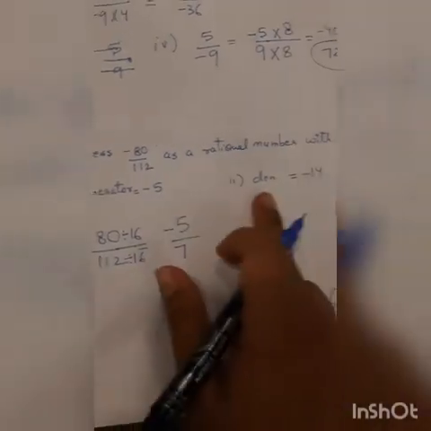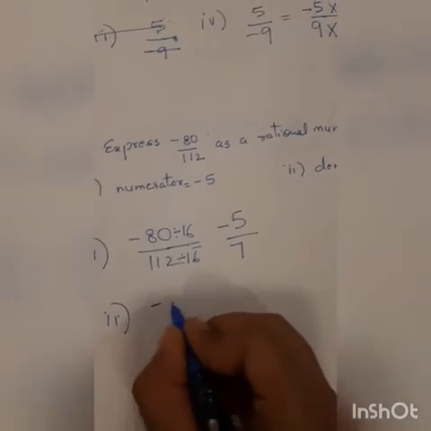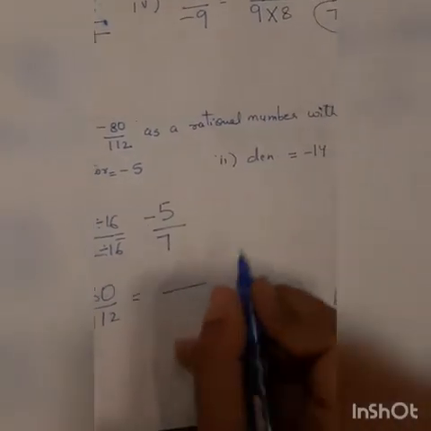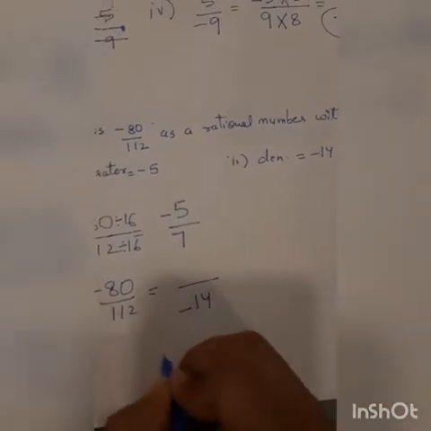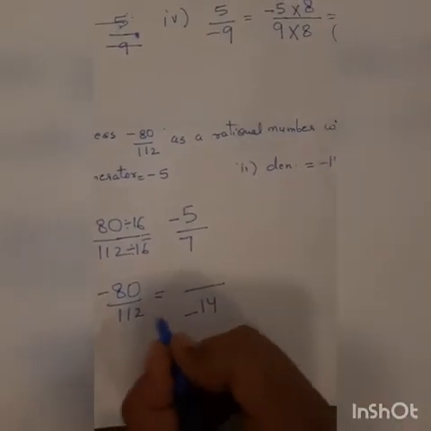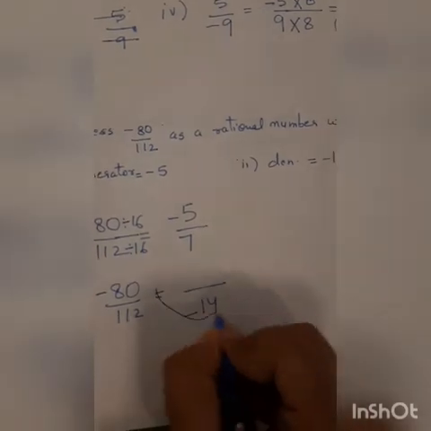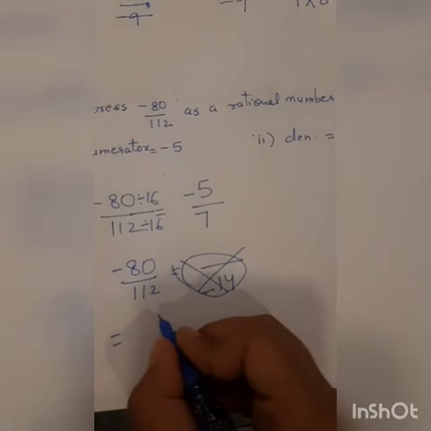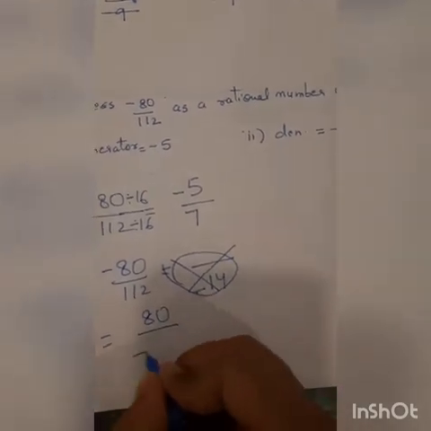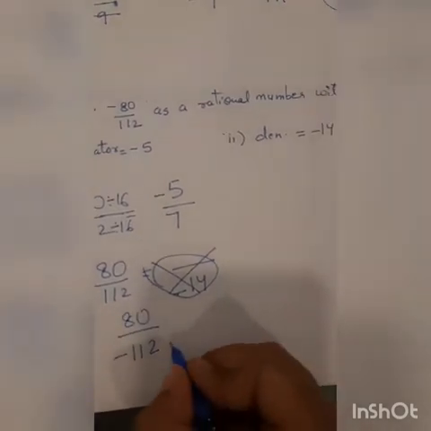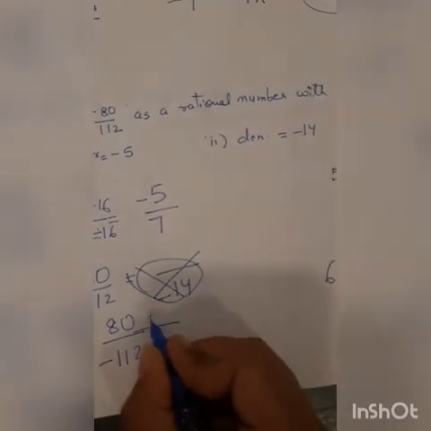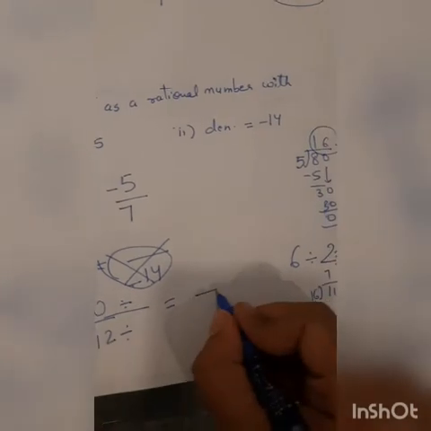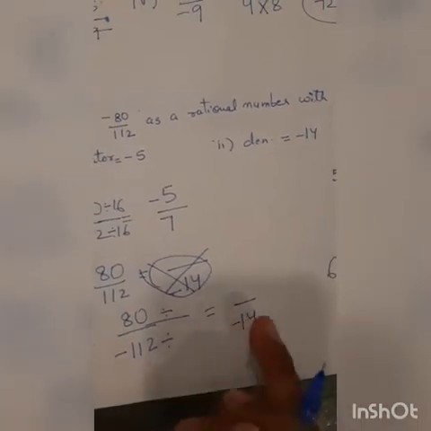Second part, students, they are saying denominator should be minus 14. पहले तो मेरे को original बच्चे rational number लिखना चाहिए. Now they are saying that the denominator should become a minus number, minus 14. What do you think? From a positive can we get a negative? No. So students, we will not write this as the first step. What we will do? We will first shift the minus sign down. अभी मैंने 80 के पास से क्या कर दिया? नीचे माइनस साइन शिफ्ट कर दिया. अब बच्चे मैं अगर इसको किसी से डिवाइड करूं और इसको किससे डिवाइड करूं कि मेरा आंसर क्या आना चाहिए बच्चे? डिनोमिनेटर में आना चाहिए माइनस 14. ठीक है. अब माइनस साइन और माइनस 14 आ जाएगा.